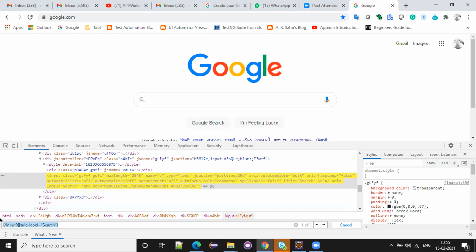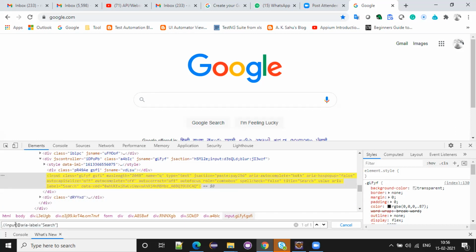If you don't know the tag name, you can keep a star. What will the star do? It will check every tag, wherever this value is, in every tag it will search. But if you keep a particular tag name, then it will search only input tags, and in that particular input tag it will look for this value.